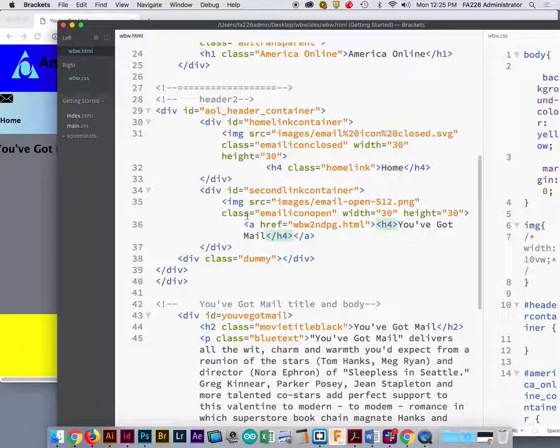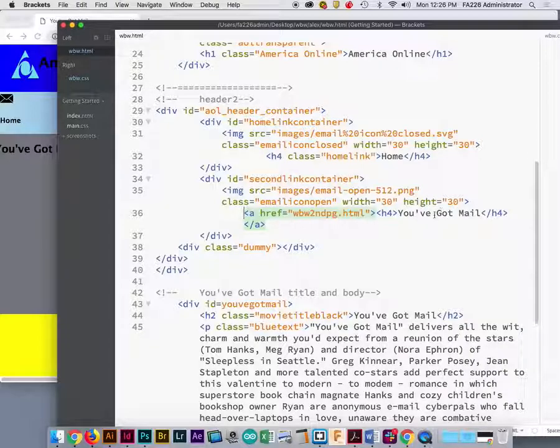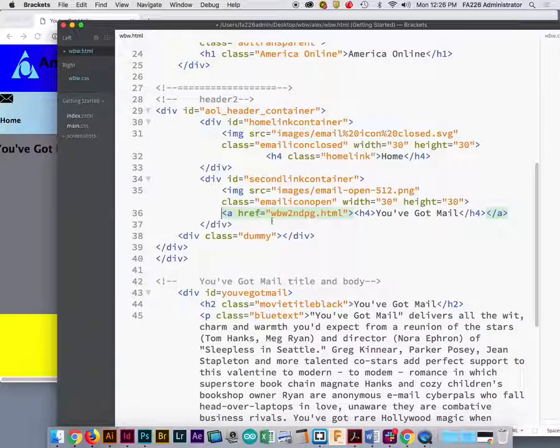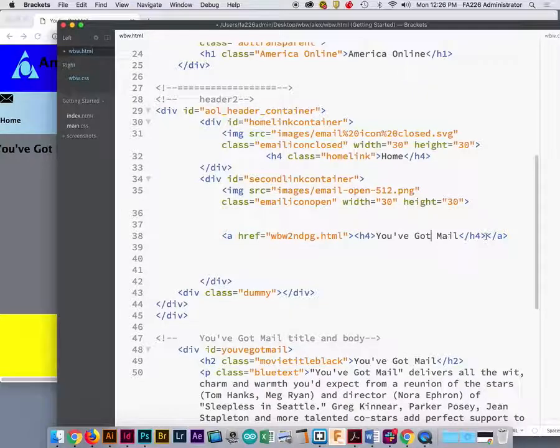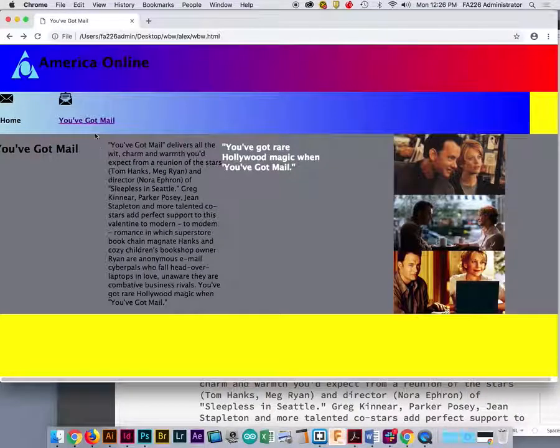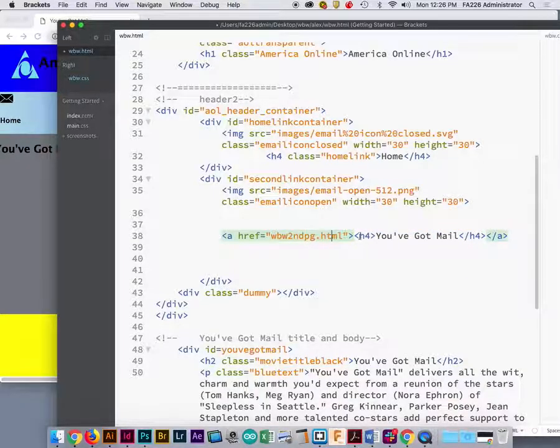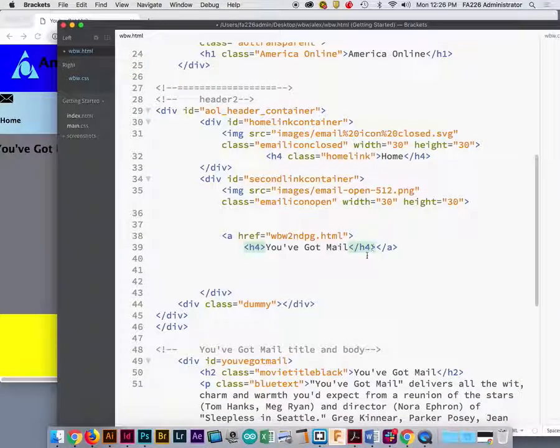So here, I believe this is the menu, correct? Okay. So check it out. Here is the tag for a link, all right? What we can refer to this as is we're wrapping this H4 tag. I'm just going to move this just so we can see it really clearly, Alex. Okay, so we have our H4 tag, which is for this menu item here. Okay, and then this H4 tag is wrapped, so if it makes more sense for you to see it this way,